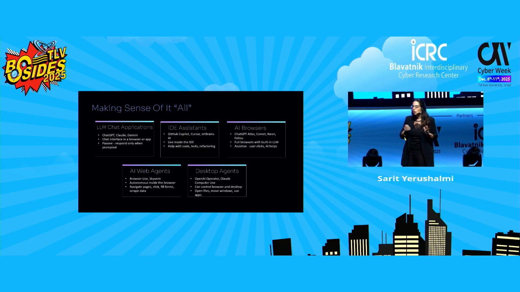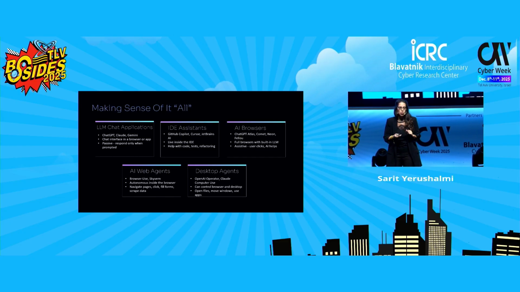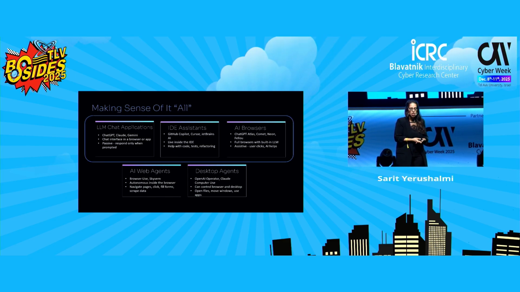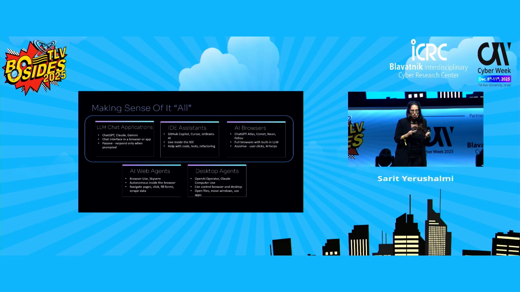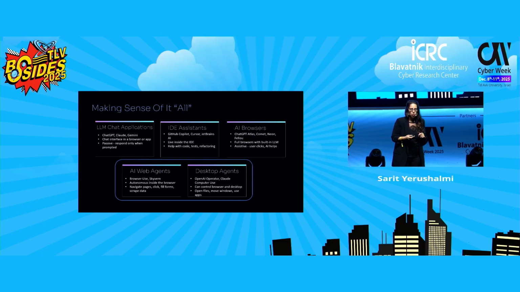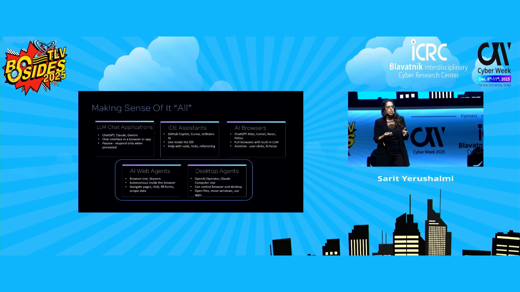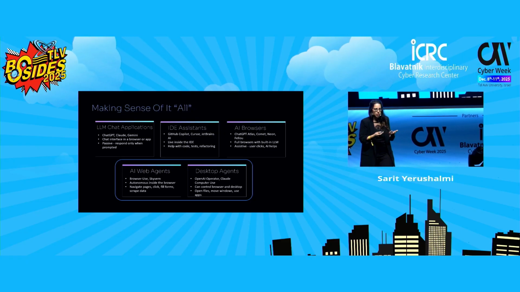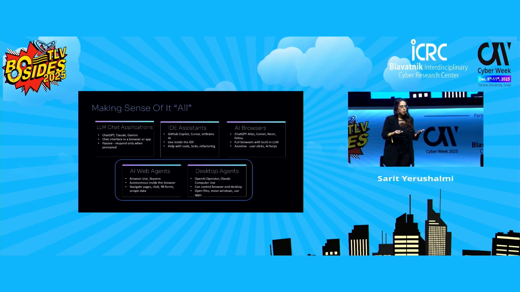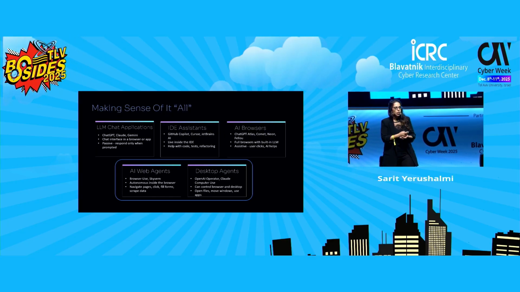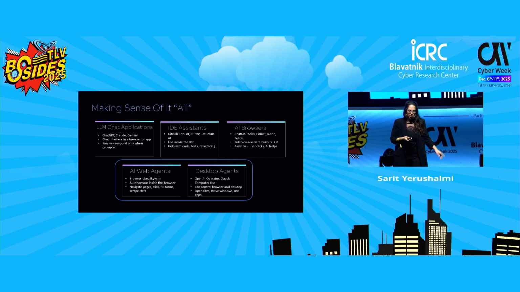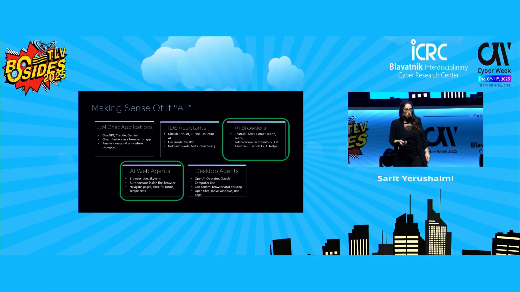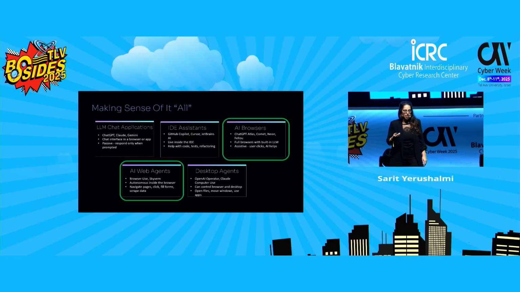I know that the animation of the slide looked a bit strange, but it was done on purpose, because the top 3 categories have one thing in common: the human is driving them, while the bottom 2 are more autonomous. You give the agent the goal, and it does it for you. It executes the steps on its own, often without the user in the loop. And now that we see everything together, we can continue to our topic. In this presentation, we'll focus on 2, which are AI web agents and AI browsers.